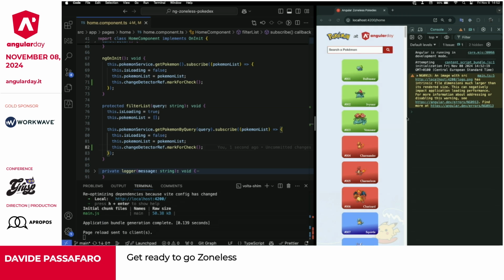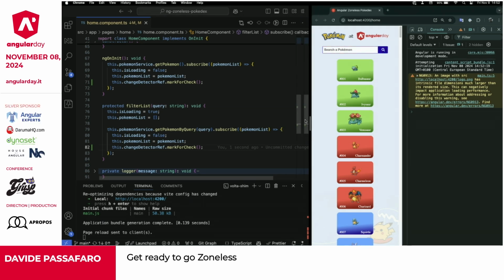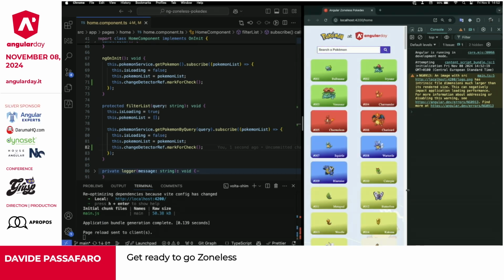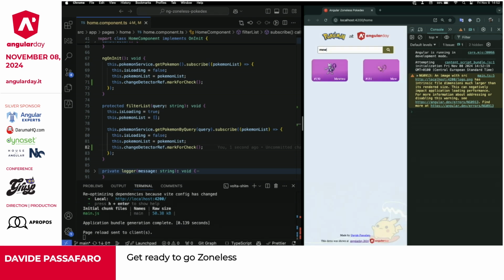It's working. Let me just make it a little bit better. Okay, it's working. We can also search, and it's working. We can see that the logger is still not working because it's another technology, but we will see it. So, I mean, this can work, but this is more or less going to use just the on-push strategy, which is okay. I mean, it's compatible, but